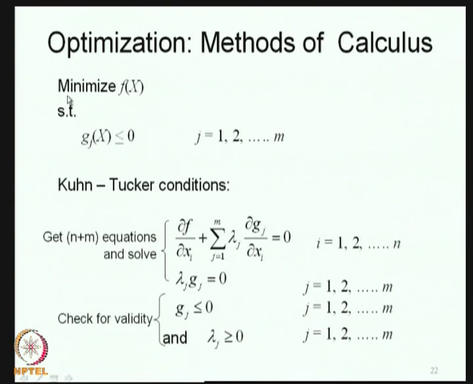We are looking at the minimization of the function, and we are stating the constraints in the form g j of x less than or equal to 0 for all j equal to 1, 2, etc., m. For this combination of the objective function and the constraints, the Kuhn-Tucker conditions can be stated as follows: